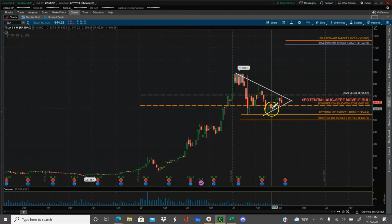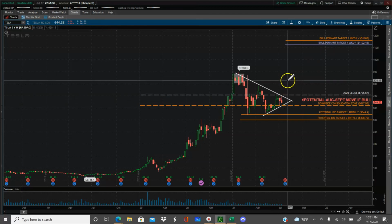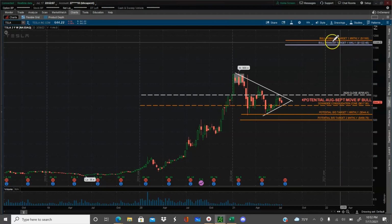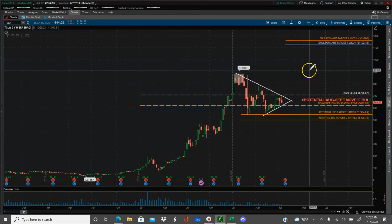In my opinion, a break of this trend line, price is likely going back to that. Well, first it's got to break this 750s area. If it breaks there, then the price is headed to high 700s, low 800s area. If it beats that, it's going back to the all-time high. And once it beats that all-time high, there's a stronger chance that it heads for that first bull pennant target on the weekly chart, which is around 1122. So just a few levels to be watching for